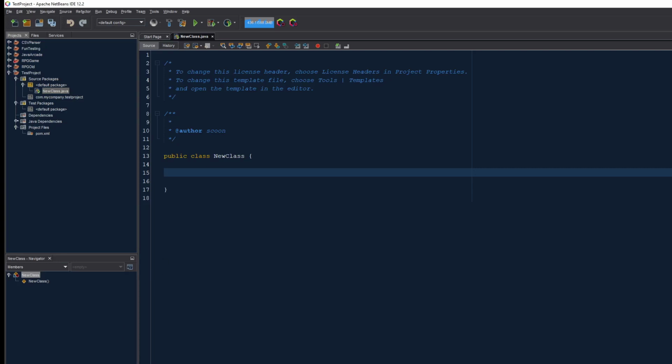Now that we have our IDE installed, we're ready to start writing in Java. Well, not quite. There's a few more things we need to understand and remind ourselves about before we can actually do so effectively. So in Netbeans, I want to take you on a brief tour of a few different features, as well as show you a couple things that are useful for us to know about before we start learning and reviewing how